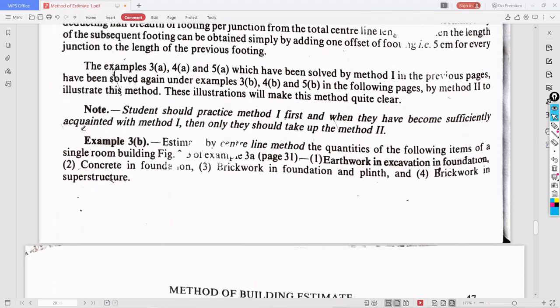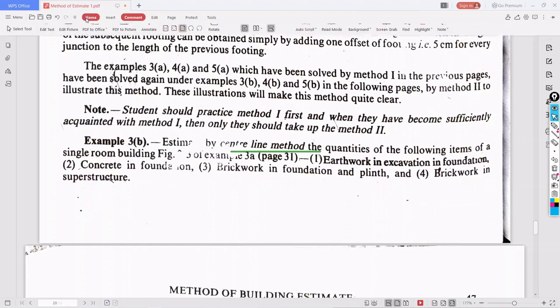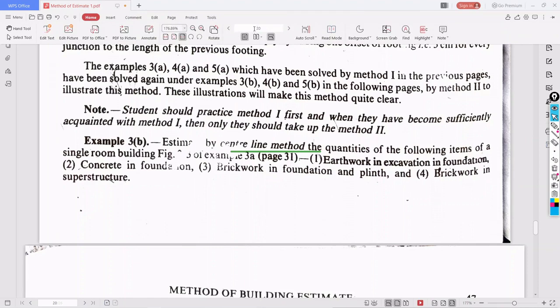The question: estimate by center line method the quantities of the following items of a single room building: earthwork in excavation in foundation, concrete in foundation, brickwork in foundation and plinth, and brickwork in superstructure. Do you remember? I'll show you once.